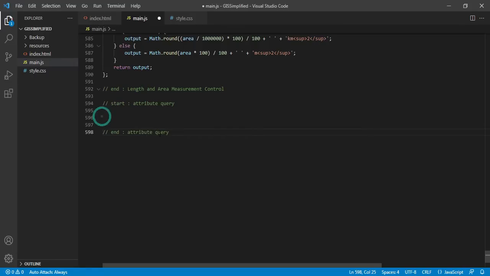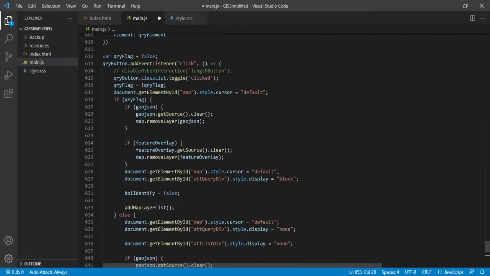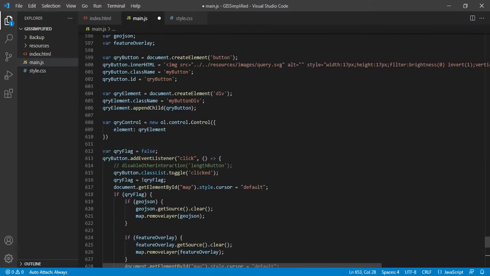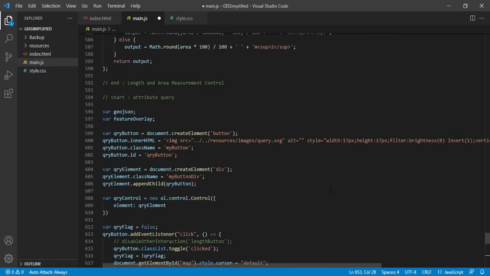And now in between we will write all the code. So this is what I have done. I have added code related to adding a particular button and giving it a style. Let me format the document. From the previous document, I have added a button and I am assigning some image to it in this code.